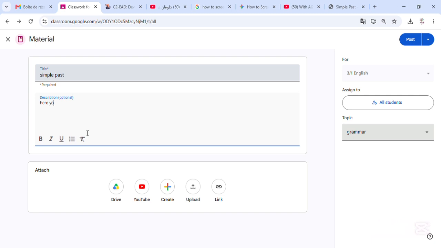Here you can find a summary of the simple past tense. Okay, I can attach a link from YouTube or from the Drive, or upload.